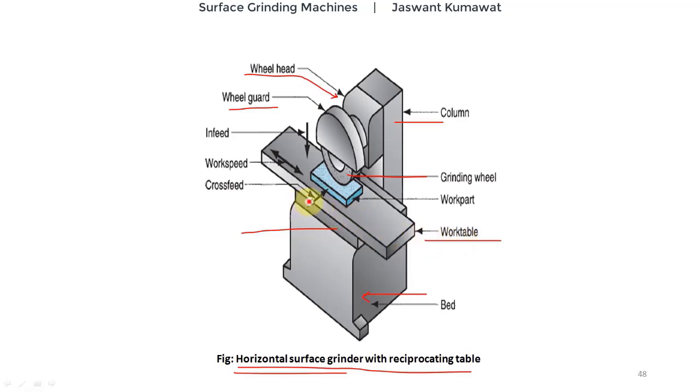By using saddle, the workpiece can be given cross feed, while by using this work table, the workpiece can be given work speed. The wheel head is also having certain height adjustment arrangement, so the height of grinding wheel from the table can be adjusted to accommodate different type of work piece. By this height adjustment arrangement, the grinding wheel is also given in feed into workpiece. So we can summarize the components of a surface grinder as base, table, saddle, work table, column, wheel head and grinding